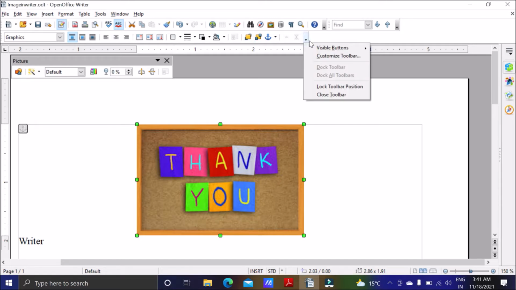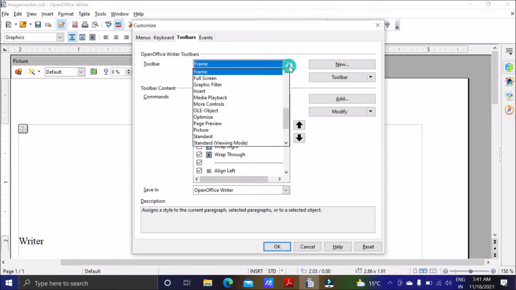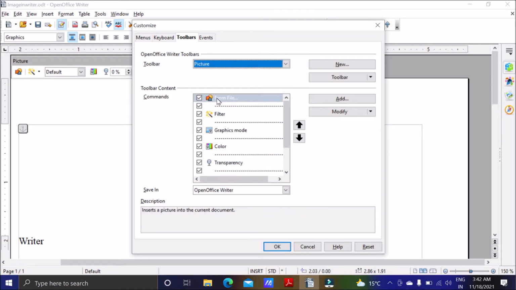So click here, Customize Toolbar, and here we have to select some buttons from the picture toolbar. This is our picture toolbar, and here we have so many buttons from File, Filter. These we can, if we want, add, and then we have to click on OK. So this we can also do.